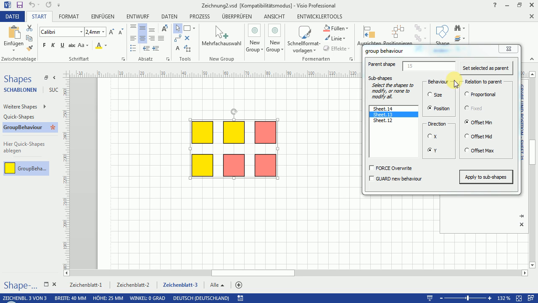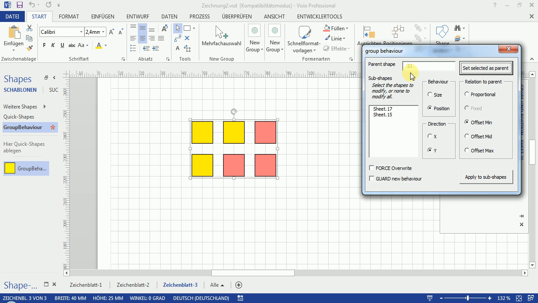Now this one will be my new parent shape, set selected as parent. So the number is 21 and subshapes are 15, that's the yellow, 17 is the pink one,